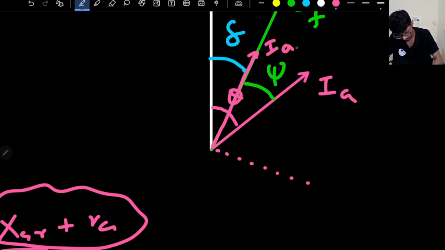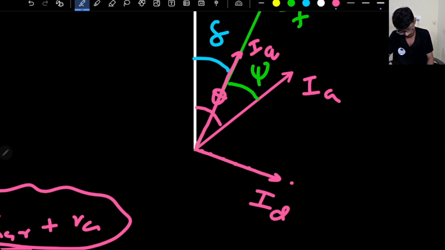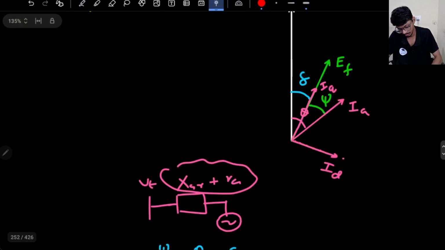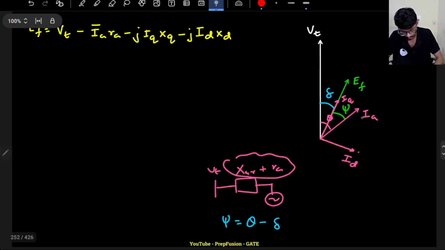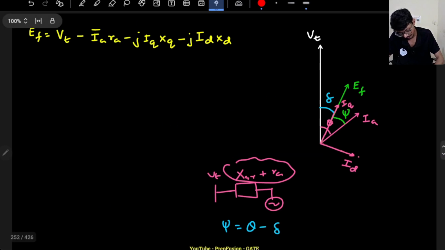So along EF I will have a current that is Iq, Ia sin psi, that is Iq. And perpendicular to EF I will have Id. This we have already discussed: Ia cos psi and Ia sin psi, Iq and Id. What I want to do is subtract from Vt